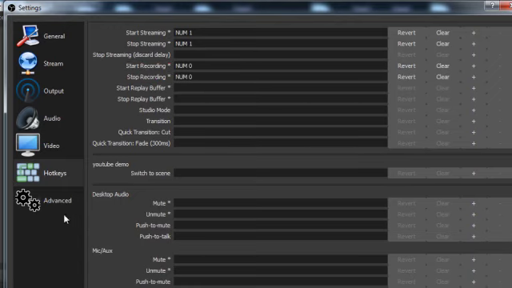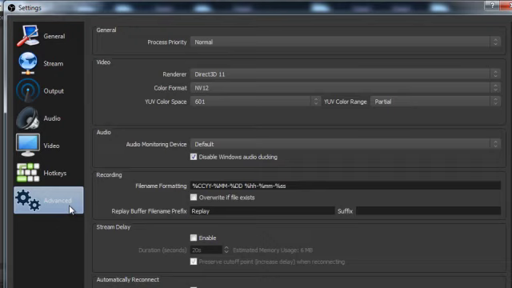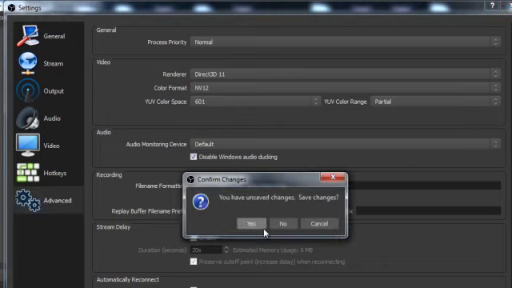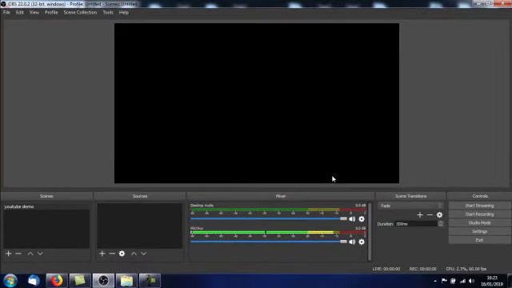And that's about it. There is one more option down here on the left, advanced, but I really don't understand much about it, to tell you the truth, so I'm not going to mess with it. I'm going to advise you not to mess with it either, unless you know exactly what you're doing. So shut that down, save changes, yes, and now we're ready to move on to the next step. And now there's just one last thing I need to show you before we start recording videos,